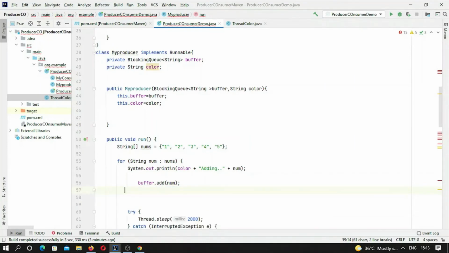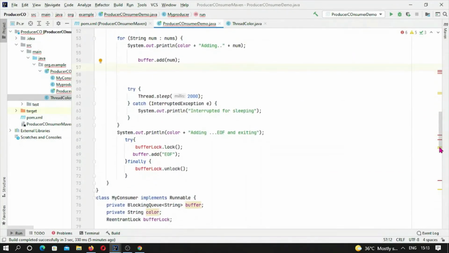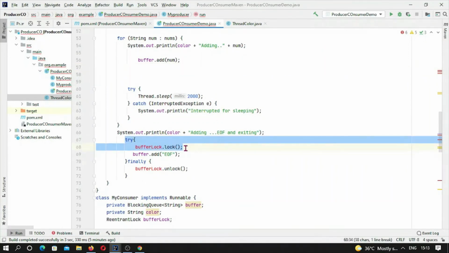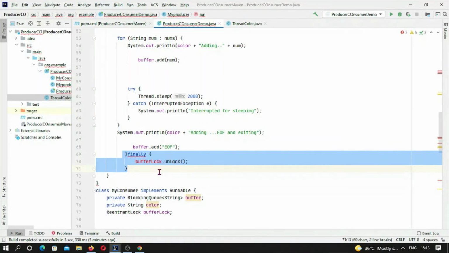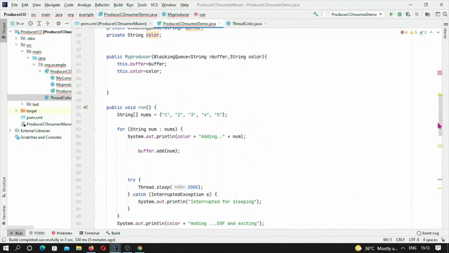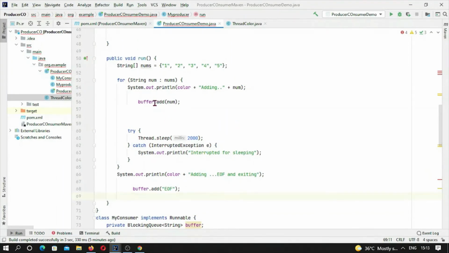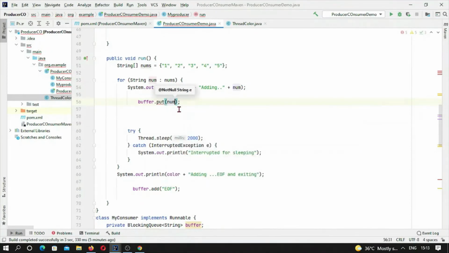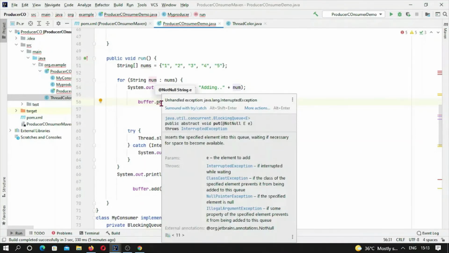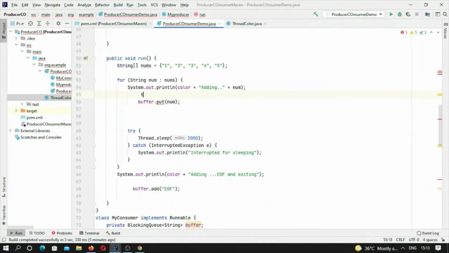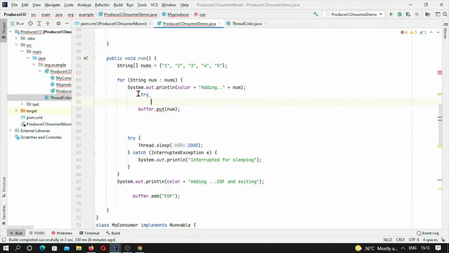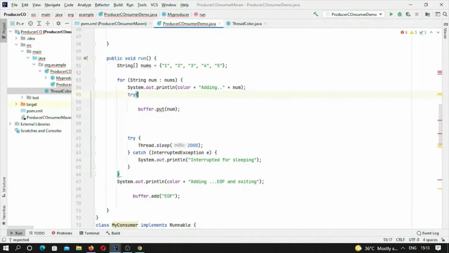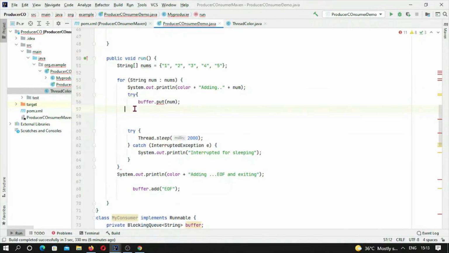Very simplified code here. This is the advantage of taking a BlockingQueue. Buffer is now a BlockingQueue. So here, rather than using add, we have to use put, and this way we have to use this num, and we have to use this one in a try catch block. And we will have a catch,